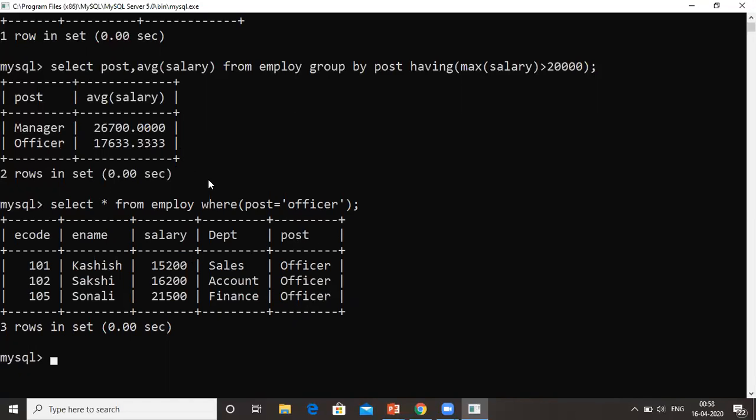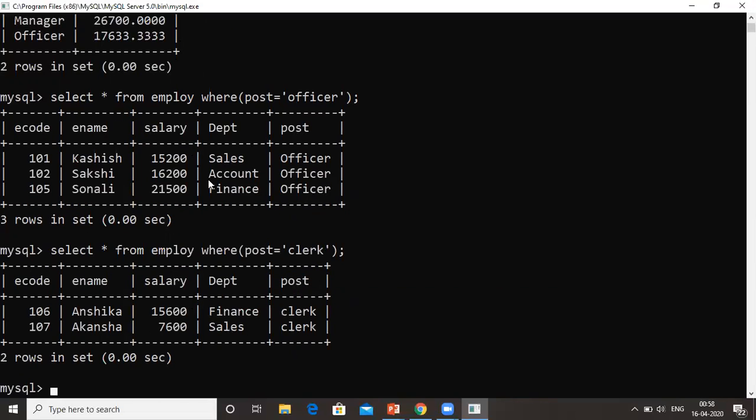But when we check why the group of clerk is not included over here, so let's check the clerk. In the clerk there are salaries of 15,600 and 7,000. None of the salary is more than 20,000. So that's why clerk is not included in our result.